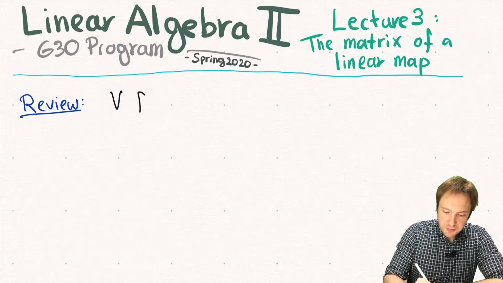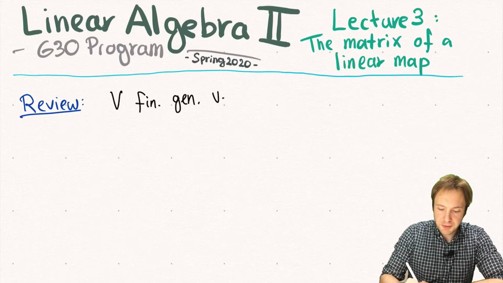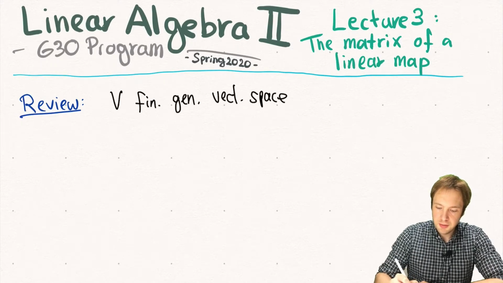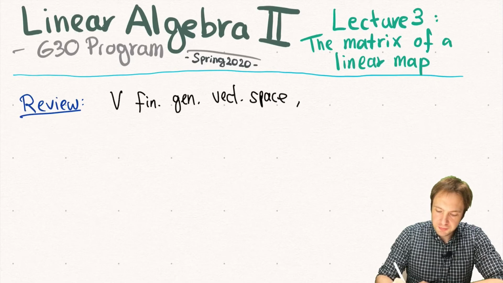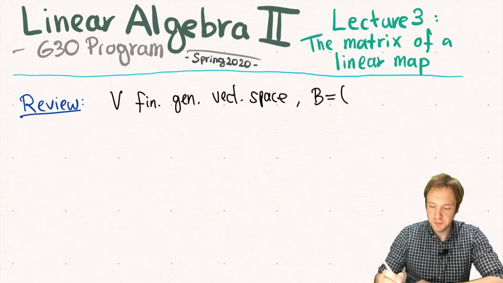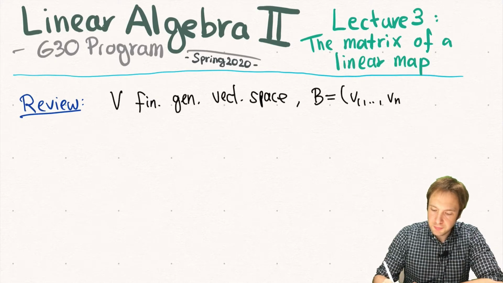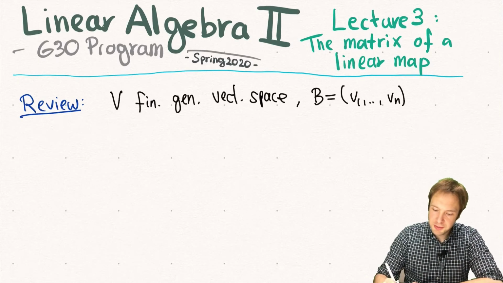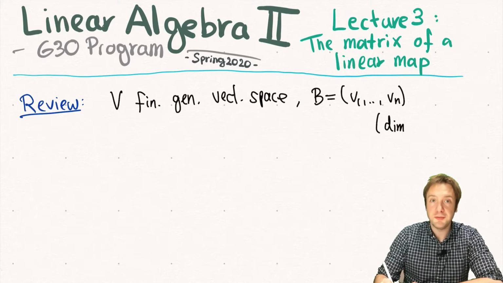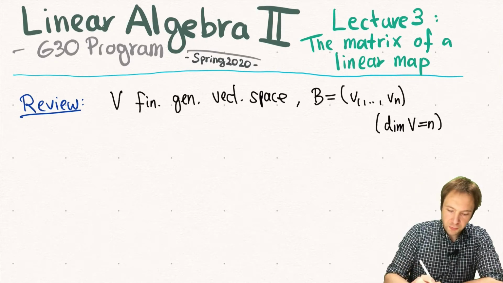If V is a finitely generated vector space, meaning we have a basis with finitely many elements, let's say v1 up to vn, so the dimension of the space V is n. Then we had this coordinate map